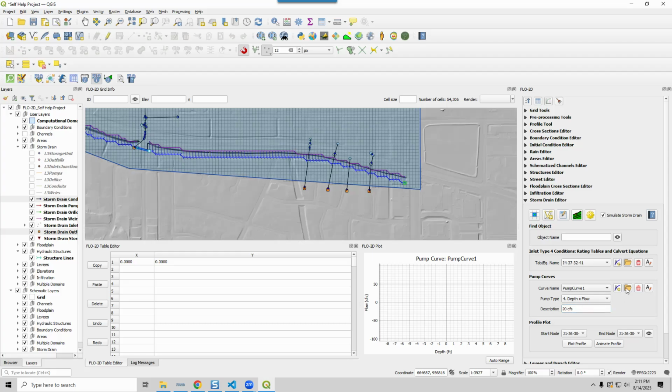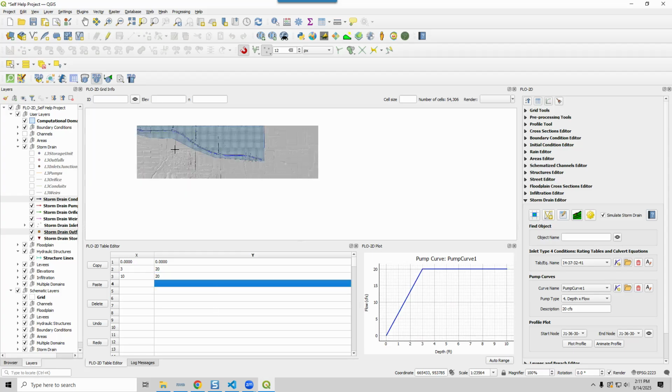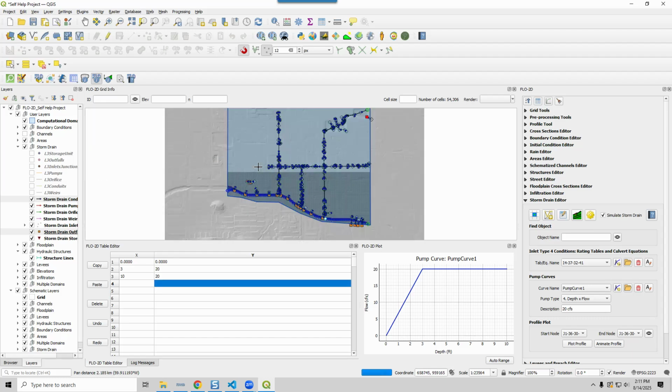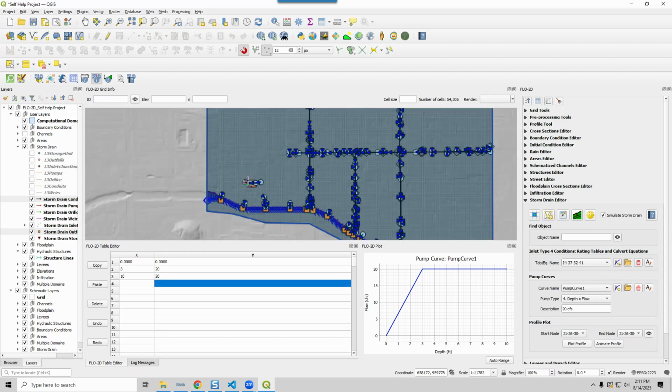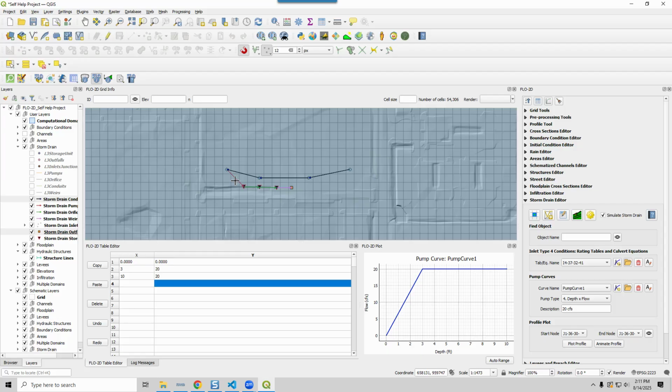Or it looks like you can also load those, but I think it would just be X and Y that it'd be loading. And so our X and Y over here is 0. And then I started at like 3 feet, 20 CFS, and then up to 10 feet, 20 CFS. And I think that in your pump curve, if you go find your pump, which is right in here, if I click that pump,